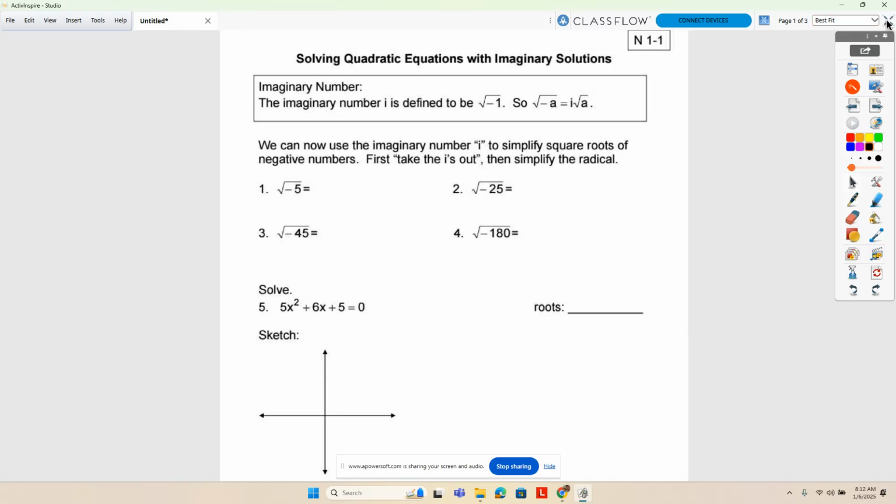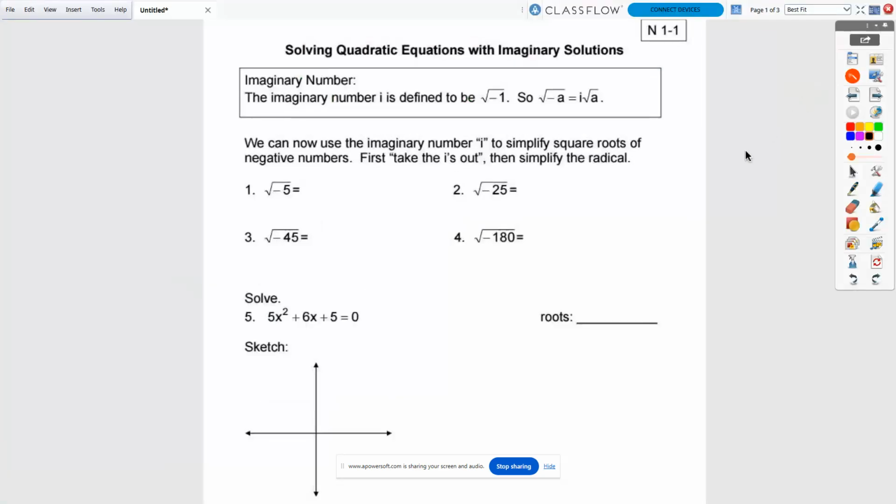Okay, today we're going to look at solving quadratic equations with imaginary solutions. If you haven't talked about or thought about imaginary solutions in a while, what imaginary solutions refers to are solutions to the problem that you wouldn't find in real life. The imaginary number that we have today I will refer to as i, but it's when you take the